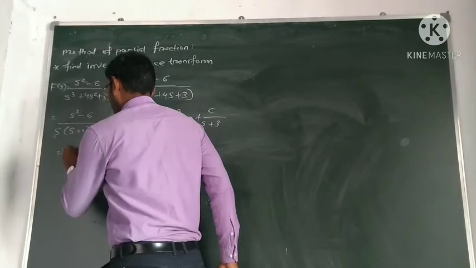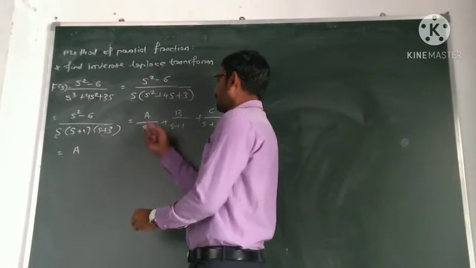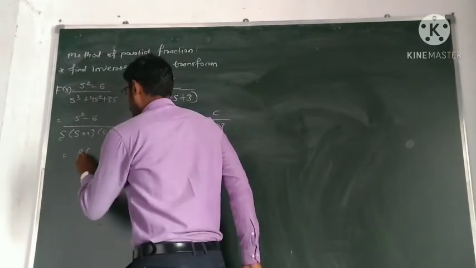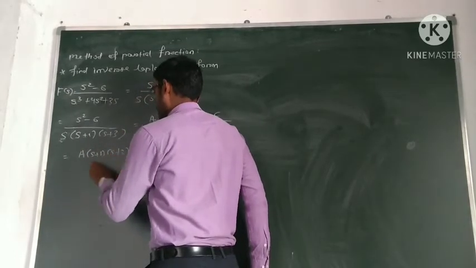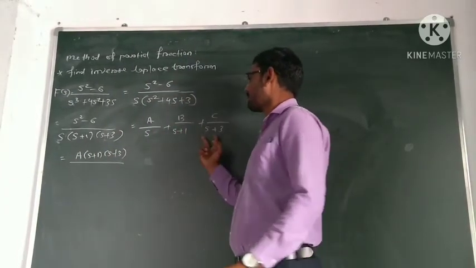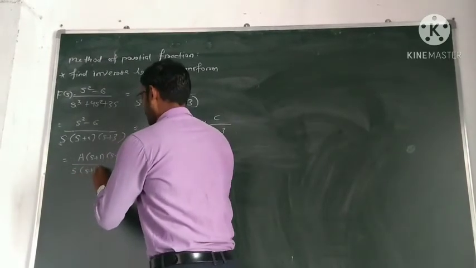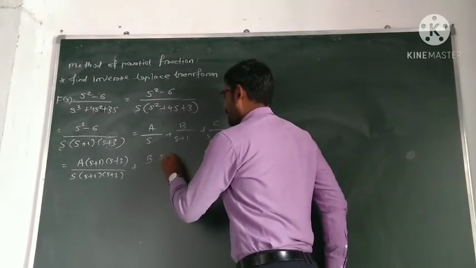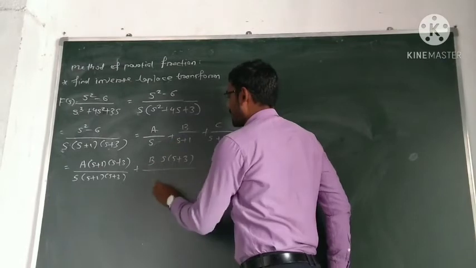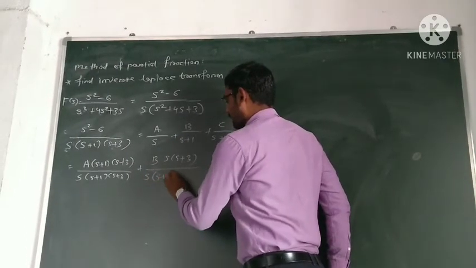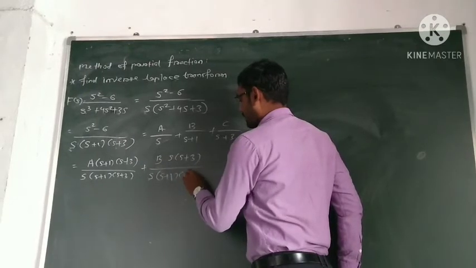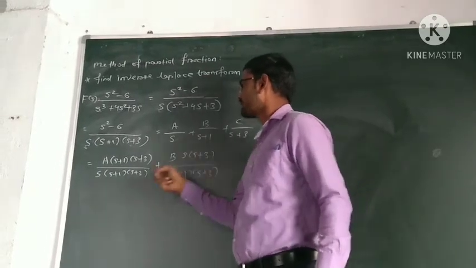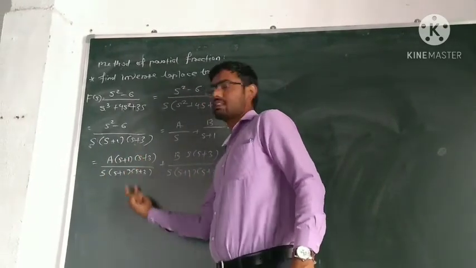So this is equal to, multiply and divide this fraction by s plus 1 into s plus 3. Okay, so we get A into s plus 1 into s plus 3, divided also by s plus 1, s plus 3, so it is s as it is, s plus 1, s plus 3, plus multiply B by s and s plus 3, and also divided by s and s plus 3, s plus 1 as it is. Okay, so that s and s get cancelled, s plus 3 and s plus 3 get cancelled, so B upon s plus 1 as it is. Here also A by s as it is, because these two factors get cancelled.